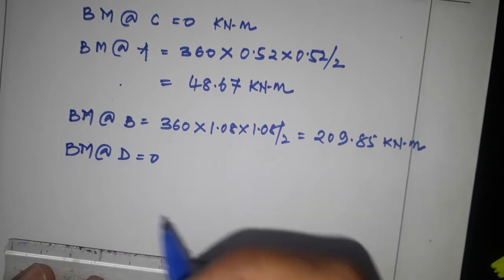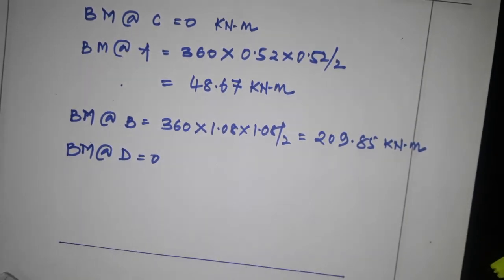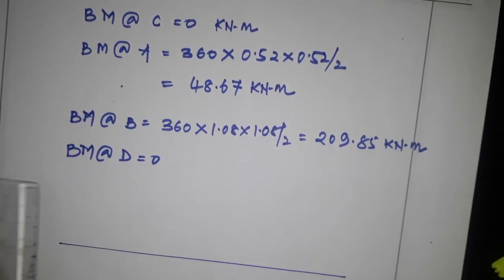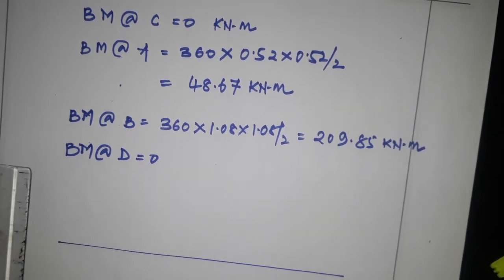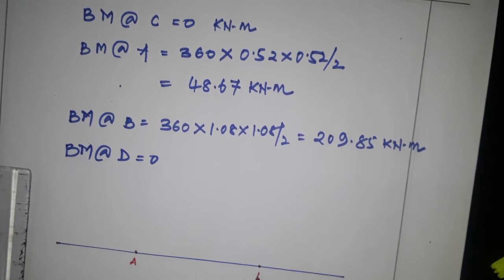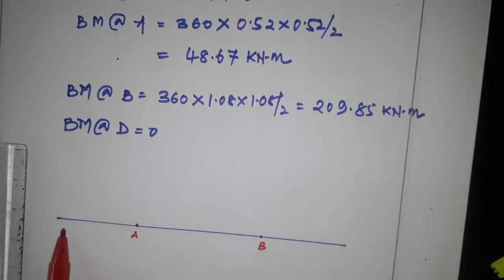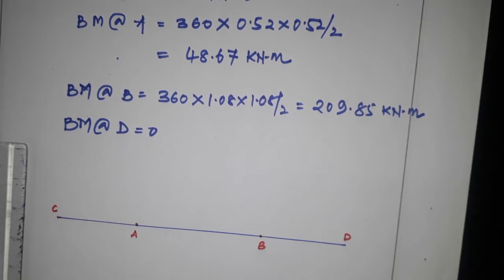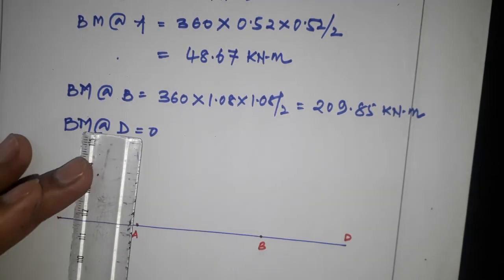So we have, so we got it as the shear force at left of A. So I'll just name it here A, B, C, D. Okay, this is A, B, C and D. Okay, so therefore the shear force at left of A and right of A, we got it as here.